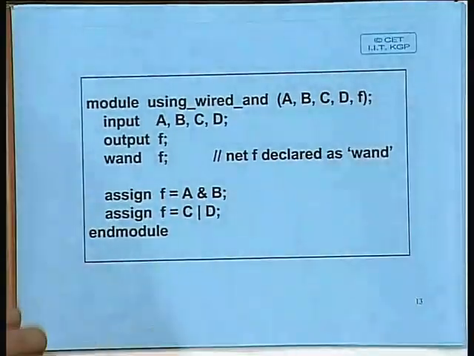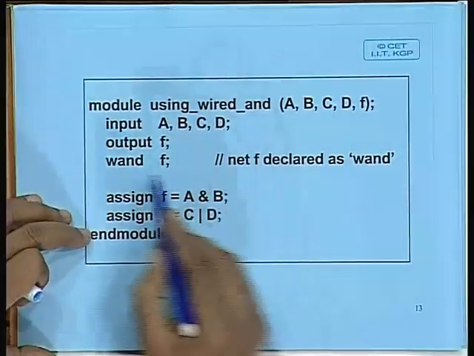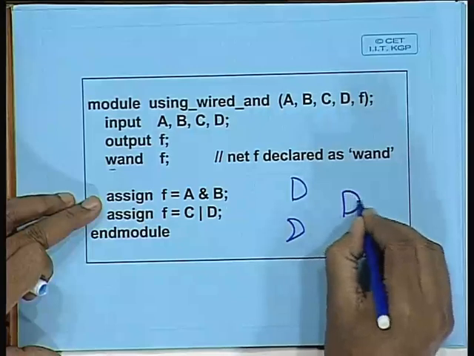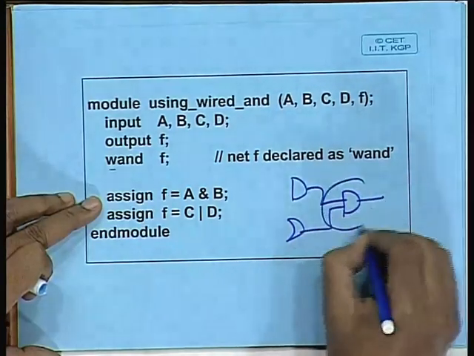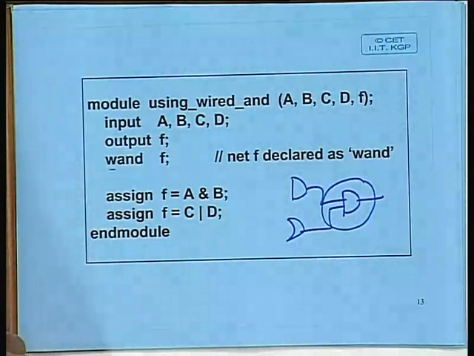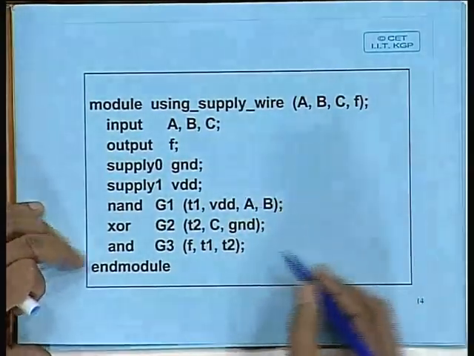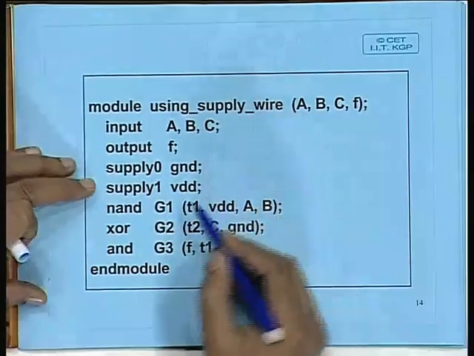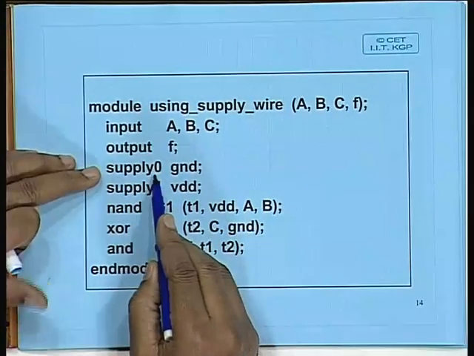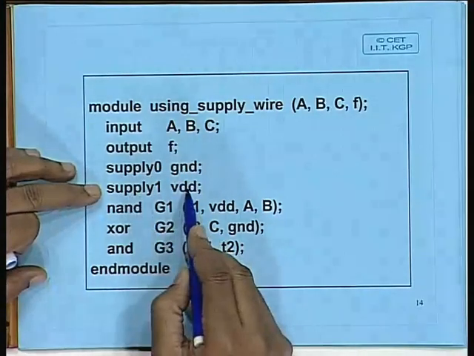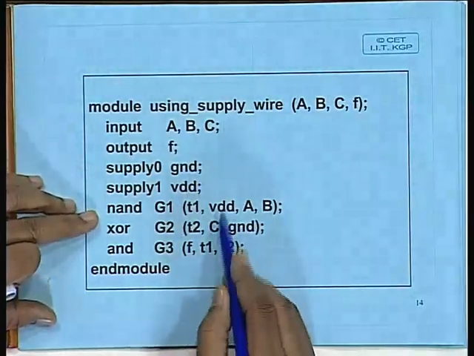And this example again, just the example I have taken, if we use a word AND, this AND gate and this OR gate will have an explicit AND gate added to it. This is very similar, and this example shows how you can use the supply 0 and supply 1. Well, supply 0 is a data type, supply 0, this is the variable name GND, supply 1 VDD, these are the variable names. And the way I have specified here,